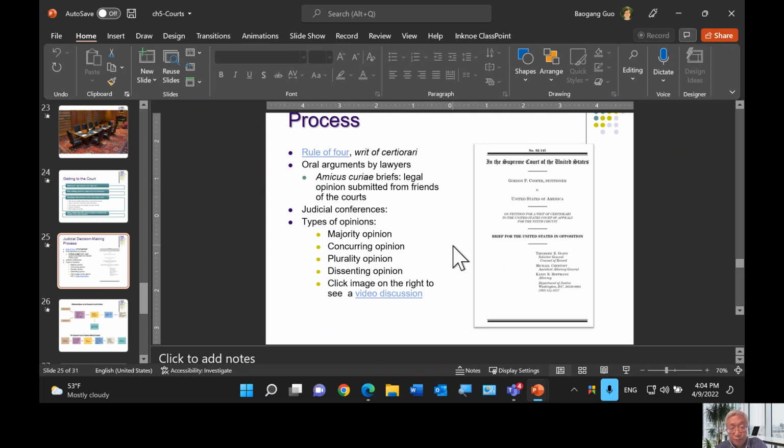And the next thing will be the oral argument, where the plaintiffs and the defendant show up in the Supreme Court. The lawyers have a chance to argue for their case. This is called oral argument, and typically there is only 1 hour for each case, and each side probably only has half an hour for the lawyer to talk.